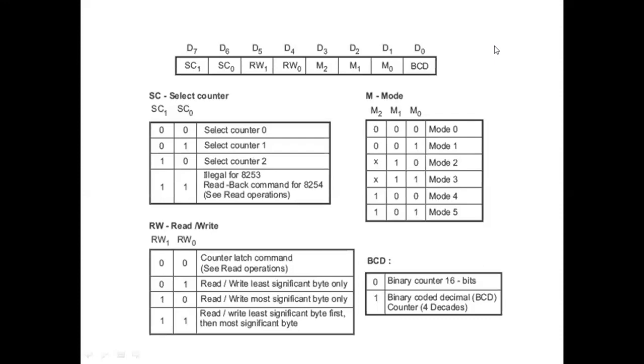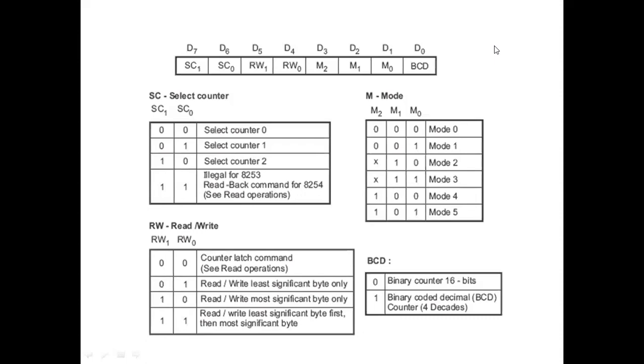A control word must be sent out by the CPU to initialize each counter of the 8253 to operate in the desired mode. Before initialization, the mode, count and output of all counters are undefined. The control words program the mode, loading sequence, and selection of binary or BCD counting. Once programmed, the 8253 is ready to perform any operation it is assigned to carry out.